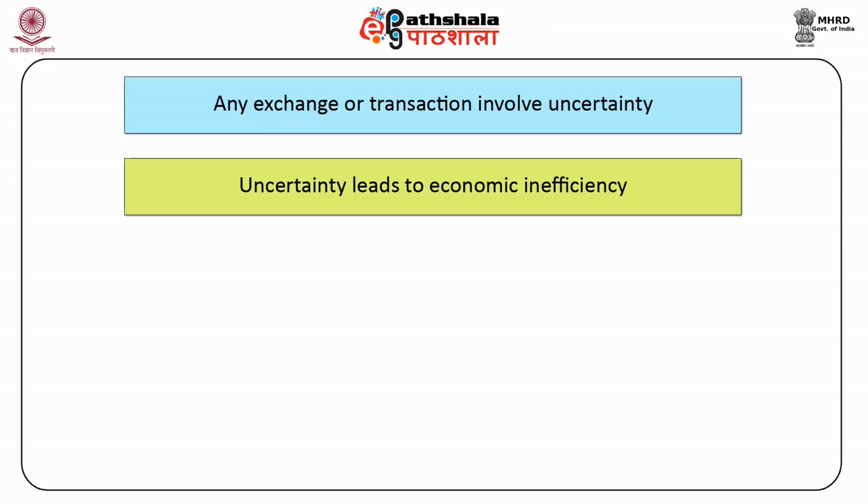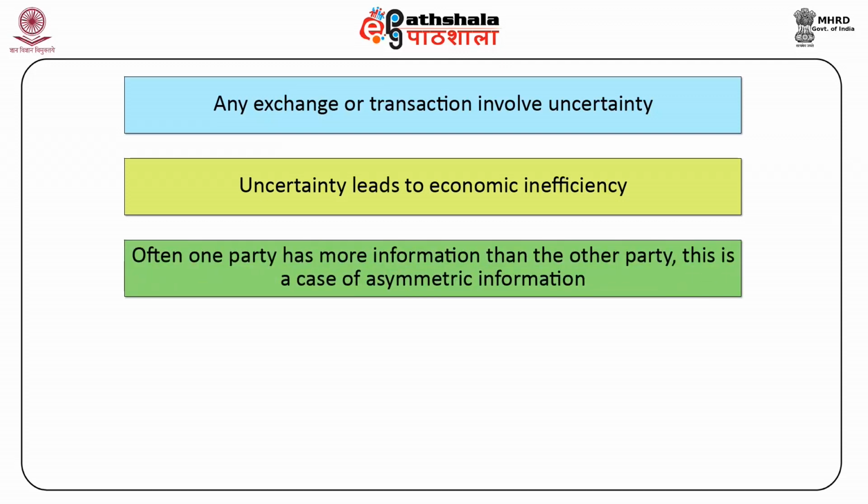There are several goods and services for which both sides cannot have the same level of information. Often, one party to a transaction, that is, the seller or the buyer of a product or service, has more information than the other party regarding the quality of the product or service, and this is a case of